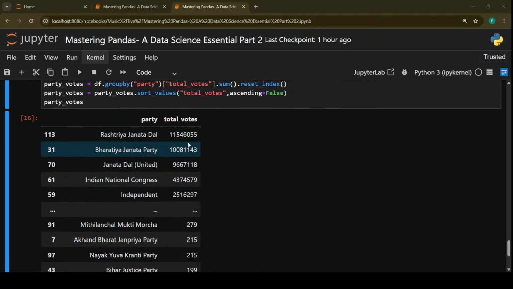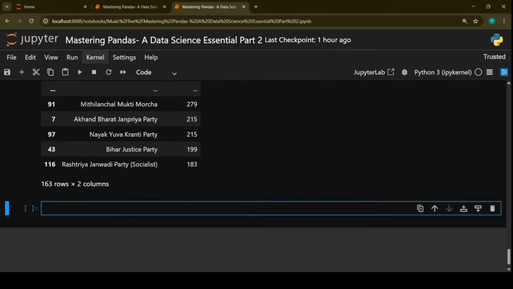So as you can see, this is the party which got this many total votes, and the rest of the things are there. Okay, so that is there. Then the next